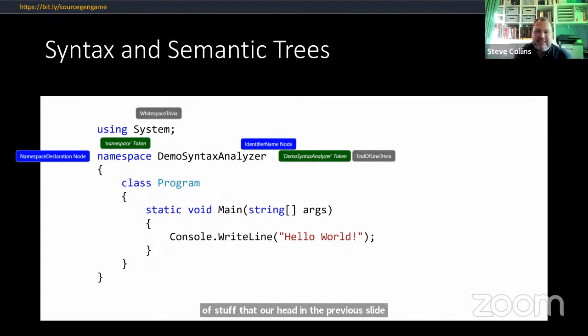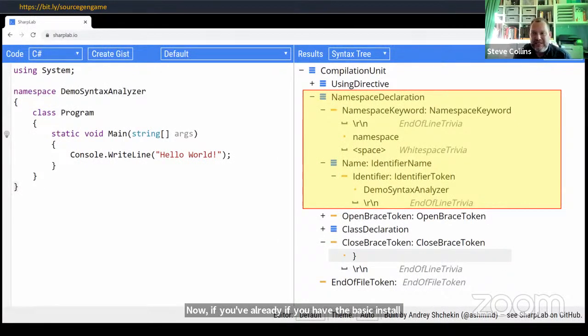Now, if you have the basic install of Visual Studio or you're using some other IDE such as VS Code or Rider, there's a great website called SharpLab.io. Here is where you can paste some code and do various things that look like the IL that will be generated by your code. But the feature we're interested in here is viewing the syntax tree on the right. However, if you're using Visual Studio, you get a better tool. But before I move on to that, you can see this breakdown of what I had on that previous slide, where we've got our namespace declaration, namespace keyword, the end of line trivia, the namespace, and so on. So that gives you just a tree view like the syntax tree that we're going to interrogate.